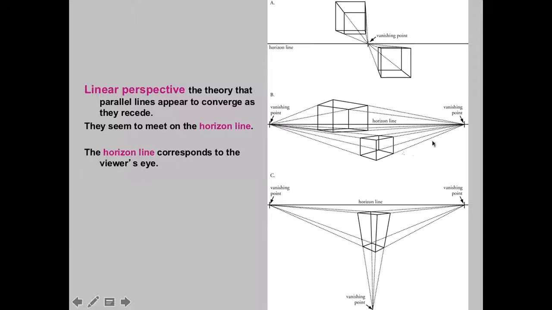Two vanishing points. This is 2-point perspective because we have 1, 2 vanishing points. And the horizon line is here in all of these cases, and the horizon line determines how things look. Now, we know this box is somewhat above the horizon line because we can't actually see